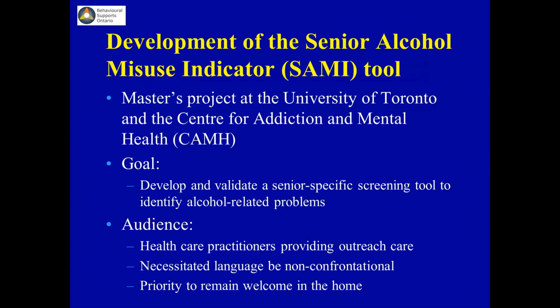identify alcohol-related problems. Previous to the SAMI, there had been 2 other screening tools that were developed for seniors. One was the SMAST-G, which is the short version of the Michigan Alcoholism Screening Test, geriatric version, but it was validated and really used to identify people who met criteria for alcohol use and dependence. And the other one that was developed is sort of an offshoot of the AUDIT called the ARPS, and it's sort of morphed into something different. It's out of, I think, UCLA, but it's really not accessible for clinical use. It's only for research use, and it's fairly long.